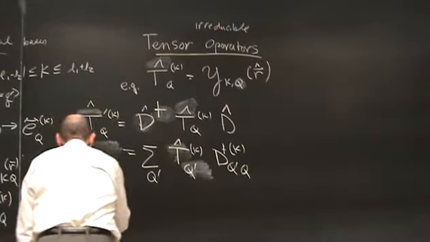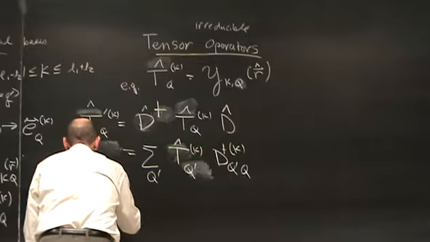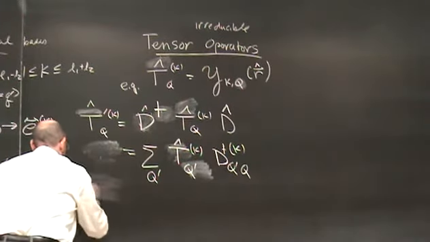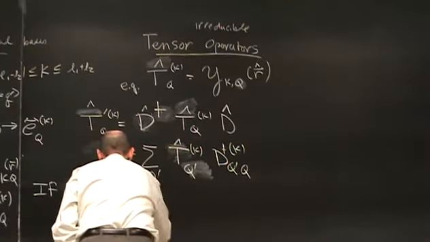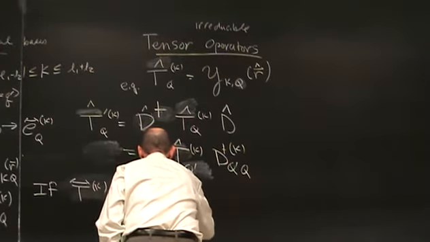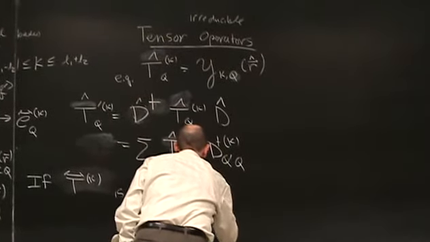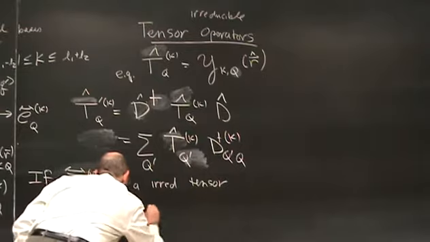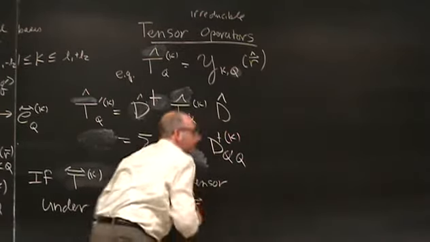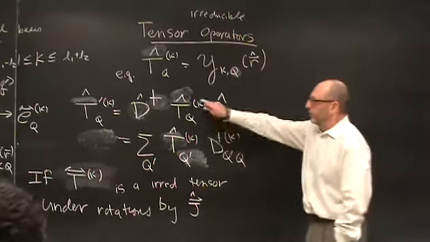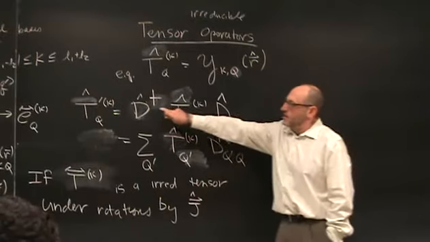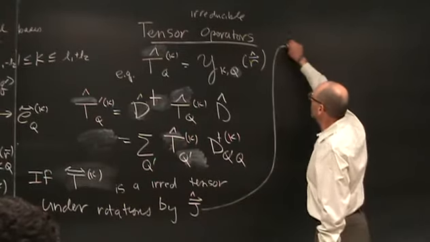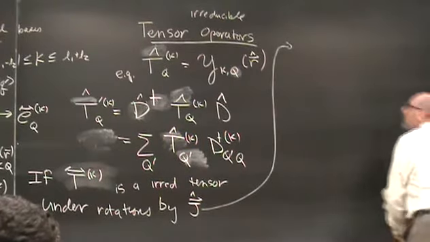Okay? And as we discussed, although we didn't just say that there's an infinitesimal version of this, that is to say, if T is a tensor under rotations by J. So in other words, if for D generated by this angular momentum, if that is true, then you can rewrite this as